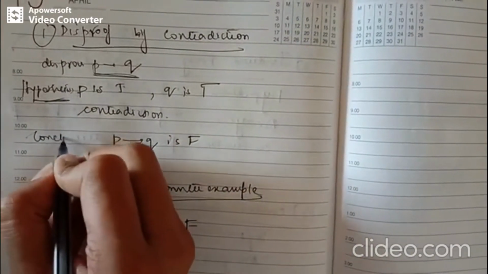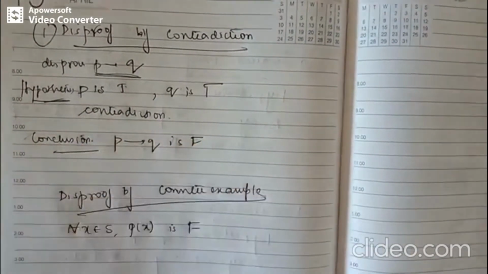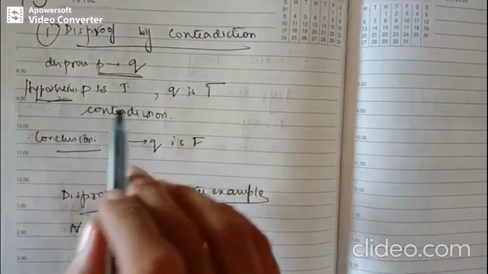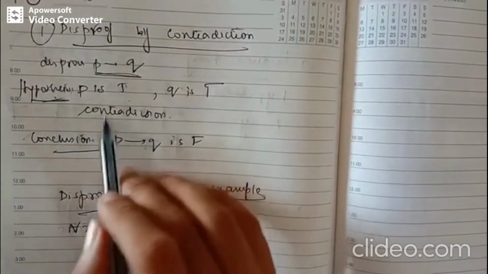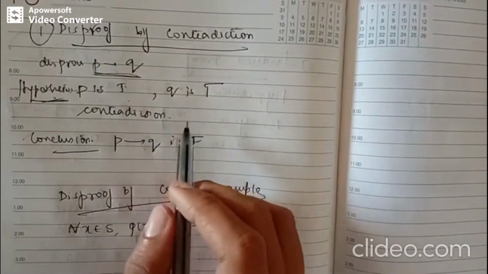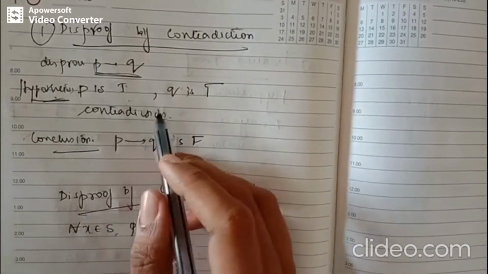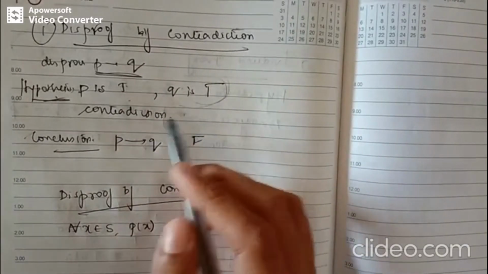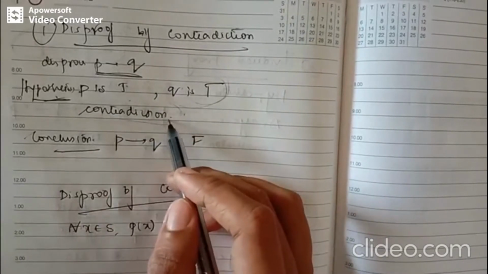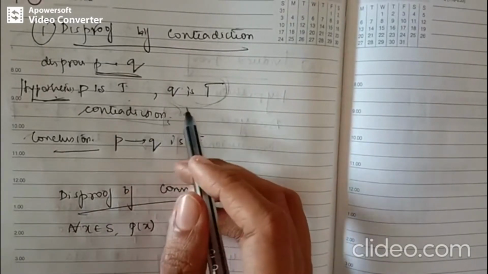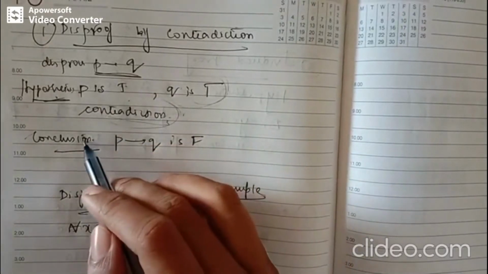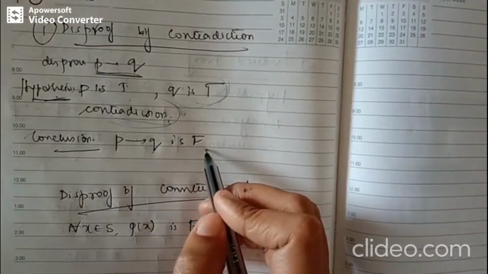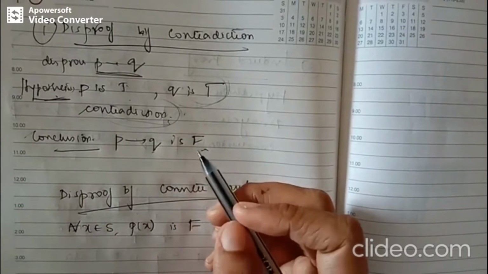Okay. So what we do in this method is we have to disprove the conditional, right? So first we start with the reverse, that is we assume P is true and Q is true. Thereby we arrive at the contradiction, that means they are false. Therefore, we arrive at the contradiction. It means that Q is false. Q has somewhere turned out to be false. Okay, that we arrive at some particular stage during analysis. And what happens if we arrive at Q is false during analysis? We can conclude that P implies Q is false, right? So this is nothing but disproof by contradiction. We are disproving the conditional.